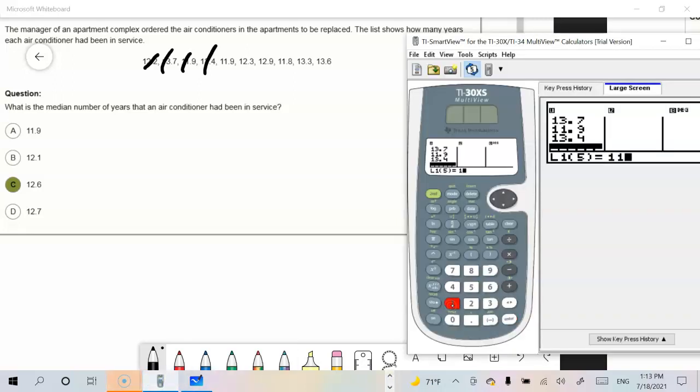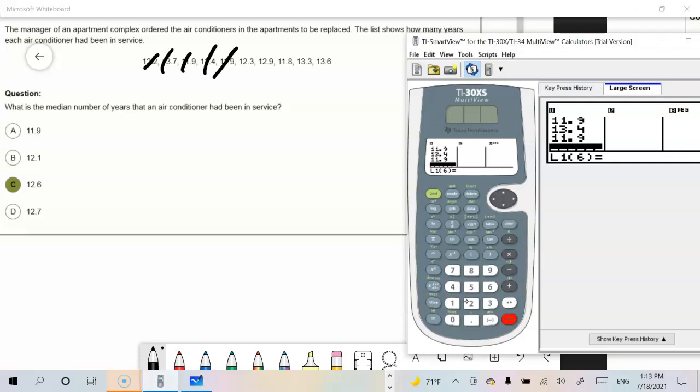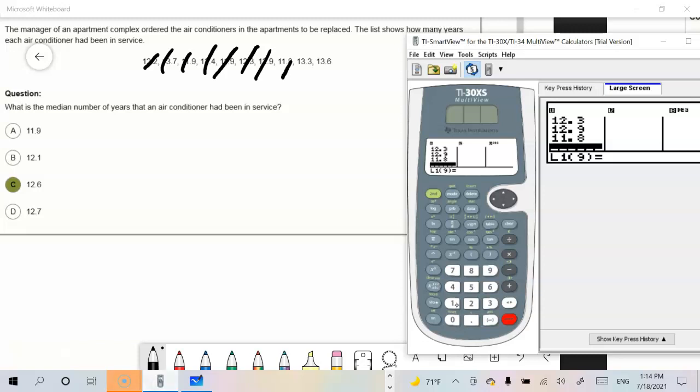Next one is 11.9. I press enter, cross it out. 12.3 is the next number. Enter and cross it out. Then keep doing it with 12.9. Press enter. There we go. And then we got 11.8. Let's press enter and cross it out. Then we keep putting the numbers. We have